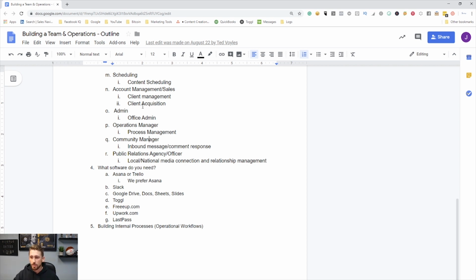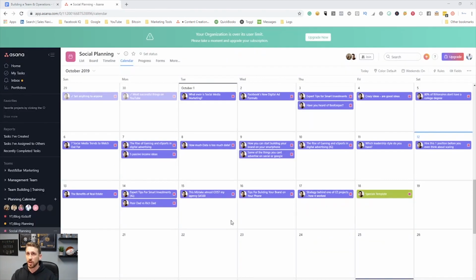Right? So those are all the big positions you're going to need, and it really doesn't get much more complicated than that. So now let's look at a little bit of the processes or software that we actually use at our agency. So guys, what we first started off using was a platform called Asana, and we've actually completely transitioned,